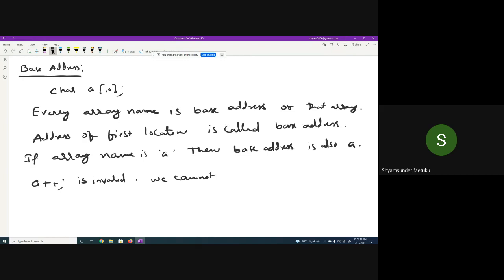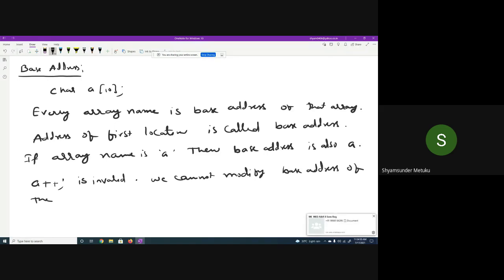These are the outcomes of yesterday's class. I am writing them again because yesterday I did not complete the class due to some work. We cannot modify the base address of the array. This is an important point.